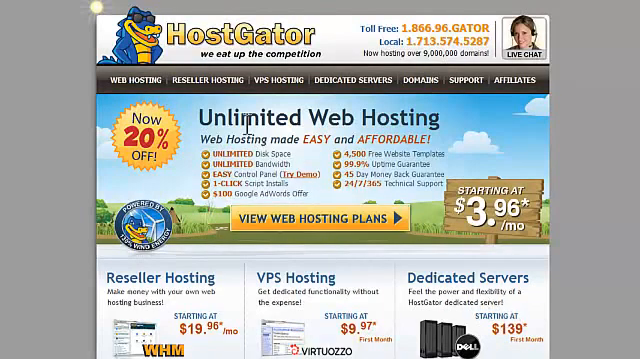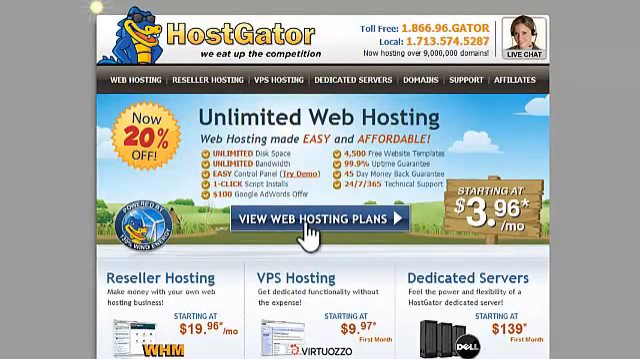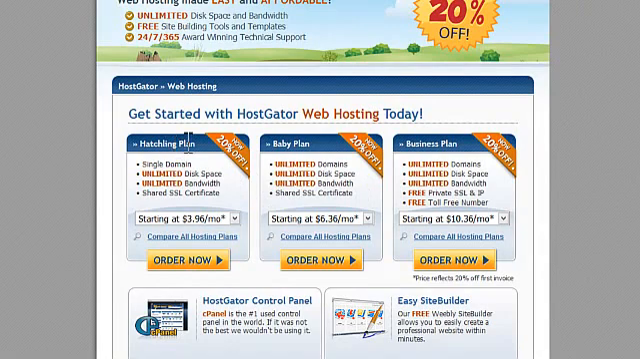But what you're going to do is go with unlimited web hosting, and it starts at $3.96 per month. And that's all you need for these landing pages. This is more than enough power and resources for you to host your landing pages and start earning some cash. So go ahead and click on the big yellow button that says View Web Hosting Plans. Then if you scroll down, they have the hatchling plan, the baby plan, and the business plan. For the purposes of your landing pages, all you'll need is the hatchling plan, the cheapest one there is. So go ahead and click the yellow Order Now button under Hatchling Plan,